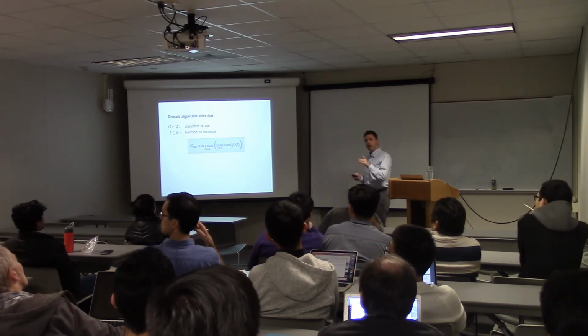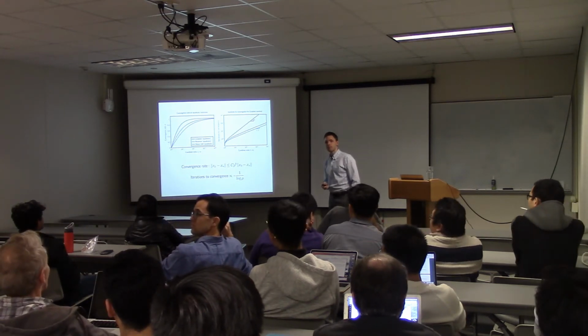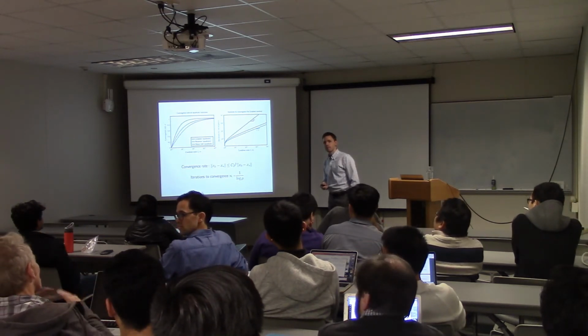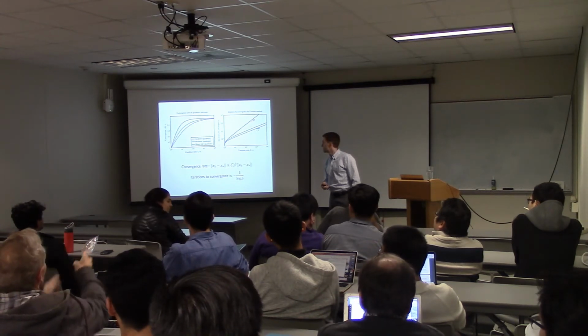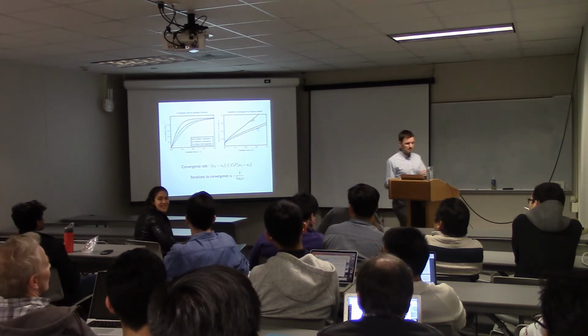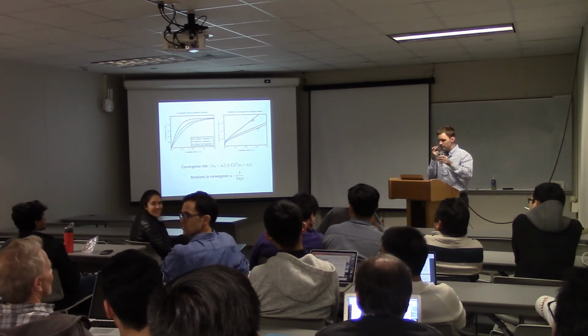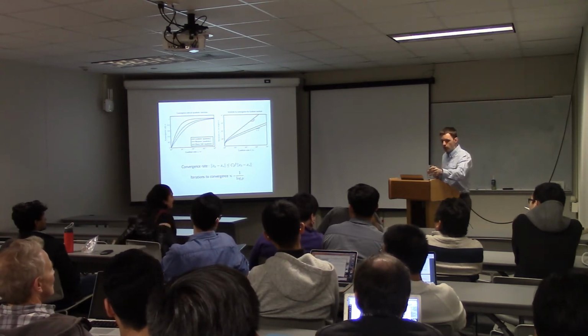Okay, so back, yes? Quick question. When the cost function is quadratic, and therefore your dynamical system associated with the algorithm is linear, you can definitely write the norm of xk minus x star less than or equal to c rho to the k, for some rho. Now, for a broader class of f's, when can you do that? When can you find a rho? So, that's a good question.